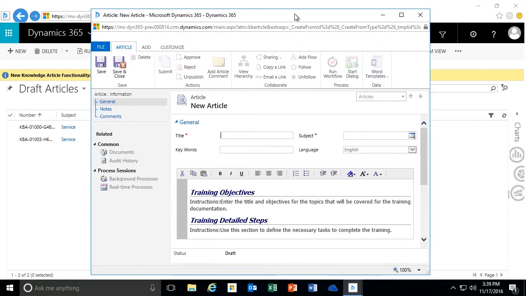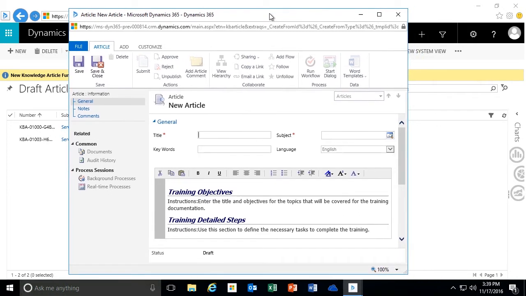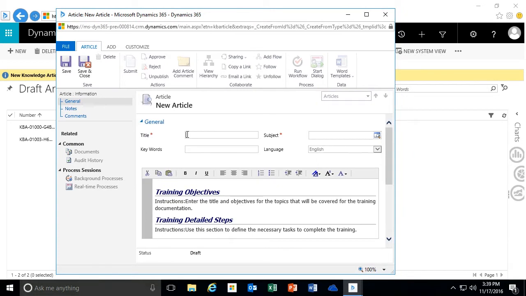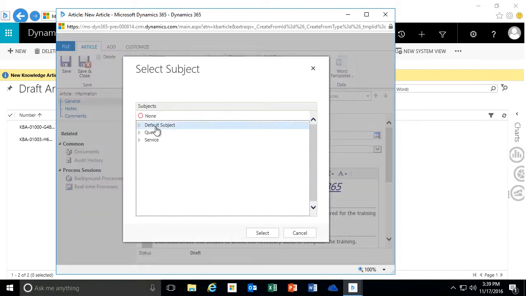And once I click OK, you'll now see I'm in my KB article form. Again, looking at some of the required fields, we actually do have to put in a title as well as a subject. So let's say on this title, we're going to call this one, say, Overview of Navigating Within Dynamics 365. And then, of course, with the subject, we haven't spent any time on building the subject trees, but